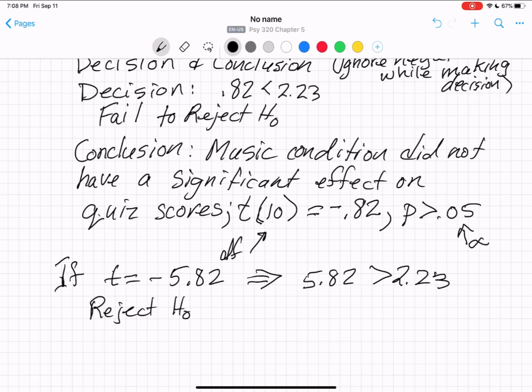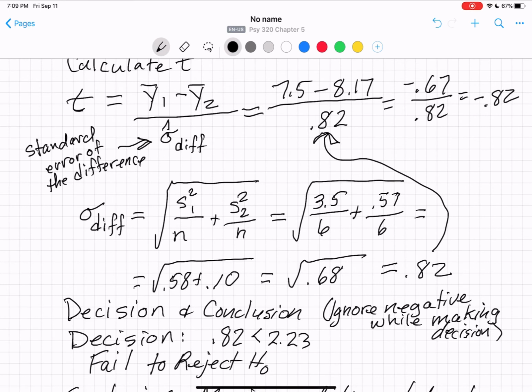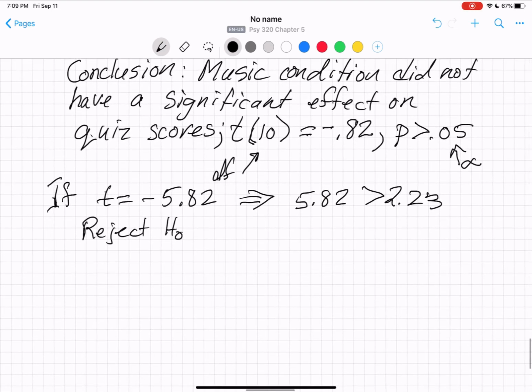And so if we go up here and look at our t-value again, you can see that the mean for group 2, the no music, is higher than the mean for group 1 with classical music. So we would want to talk about that in our conclusion. Okay, so you would want to say something like